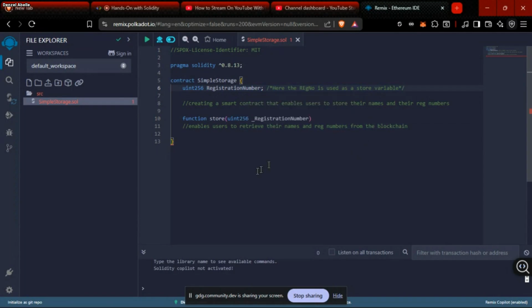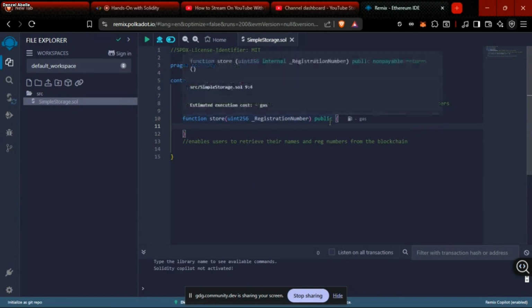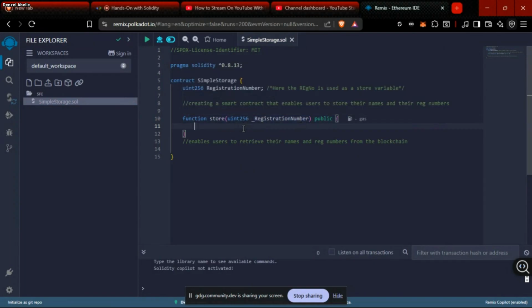So we can check if this one works. Oh, okay. First, we've not finished our function. So for the function, we have to have a few parameters. First of all, we put it as public. We have to understand that we have different visibilities: public, private, external and internal. But these ones we'll talk about in our next class. So public, so the function store public,